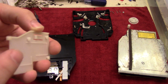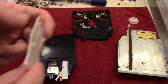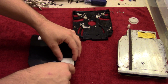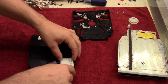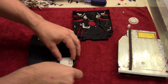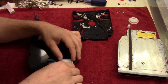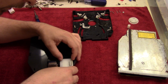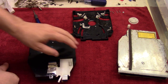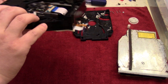And then you can see here how it has these little L-shaped feet, which will go into these holes. So just align that. There we go. And then just push that in, and it's going to be held in place once you have it properly aligned. Now I can take this whole unit, flip over,